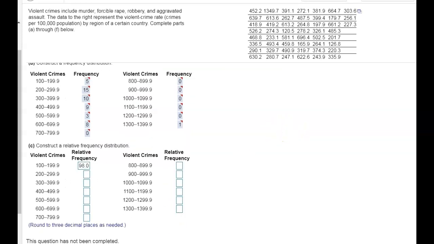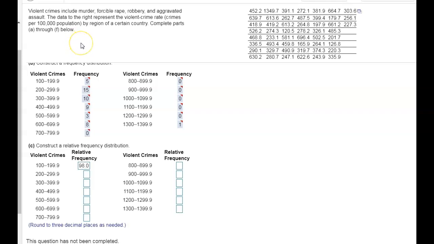Let's go ahead and take a look at problem 2 from chapter 2.2, looking at relative frequency and frequency. And so what we see here is we have a table of values, and in this table of values here, they represent the